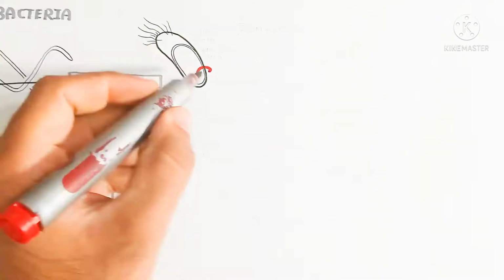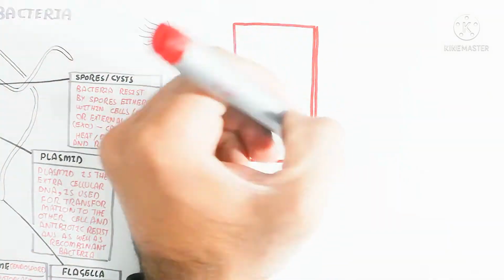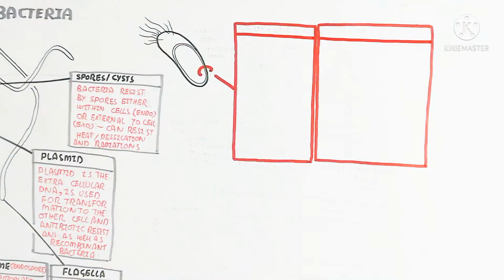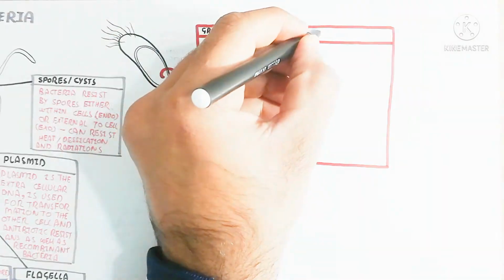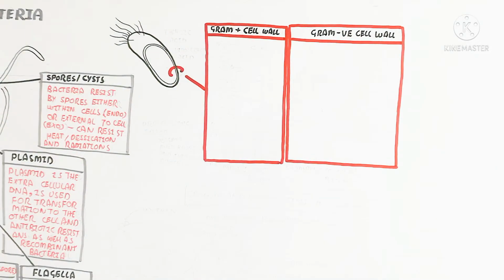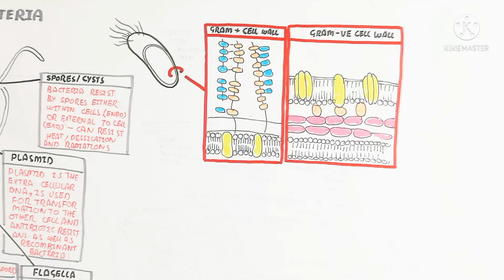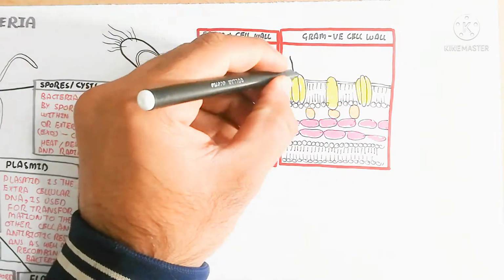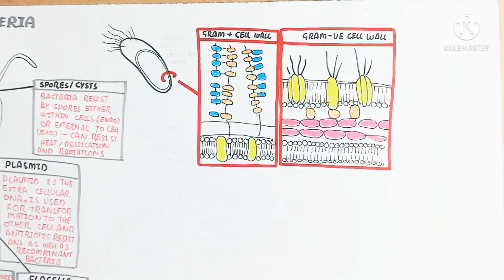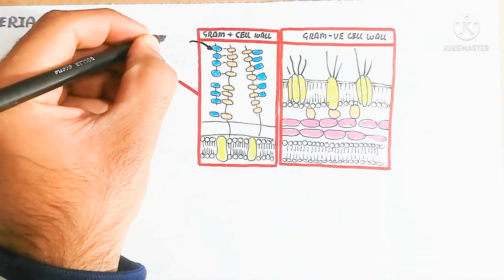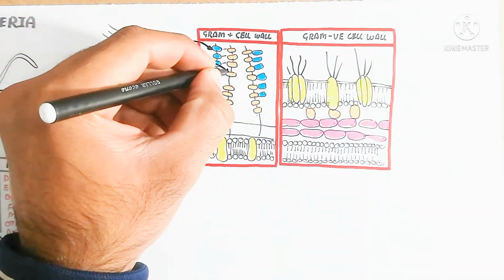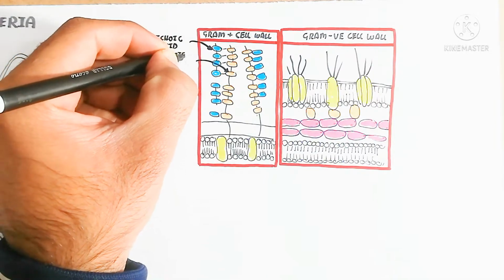So let's begin to understand on the basis of the gram-positive cell wall and gram-negative cell wall. How is it possible, let's begin to understand. Here is the cell of the bacteria, which is showing the membrane of the cell. So you can understand as well. Here are the gram-positive cell wall and gram-negative cell wall, which contain different content, we will discuss now. So here the teichoic acid is present in blue color, and here the orange color is showing